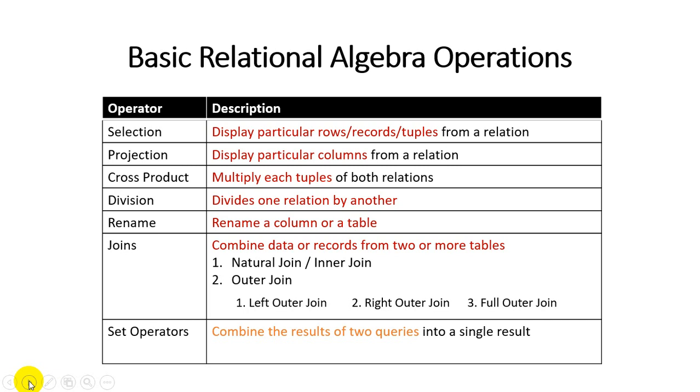A user may want to retrieve information from multiple tables, as well as from a different database. At that time we would perform different queries, or use multiple queries. But if we want the same result with a single query, we use a set operator. So this is the basic summary of relational algebra operations.